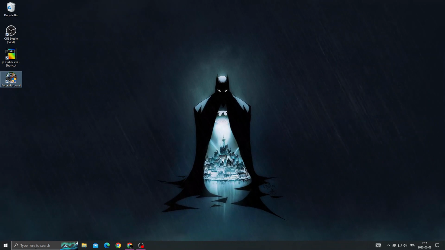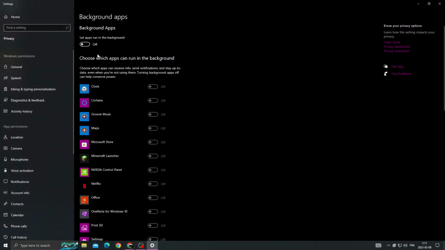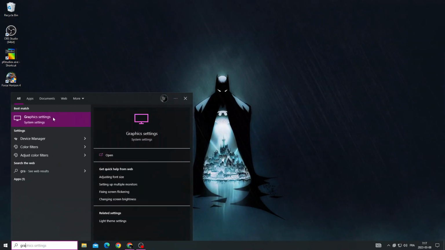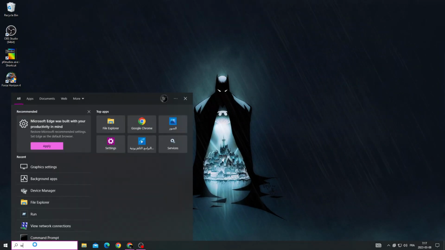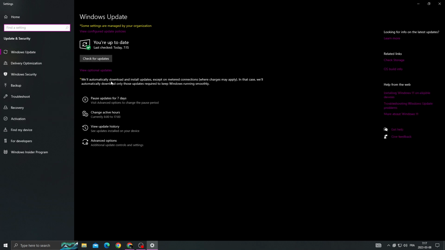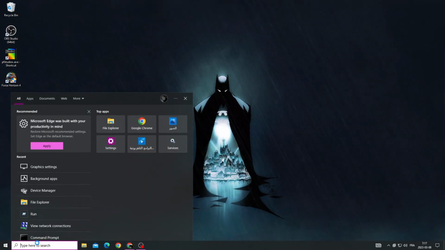First, all you have to do, click here, type background apps. Now make sure to disable all those applications and then close it and type here graphics settings. Now make sure to enable this one, and after that go back and type here Windows update settings, and then make sure to install all the updates that you can find here and close it, and then type here